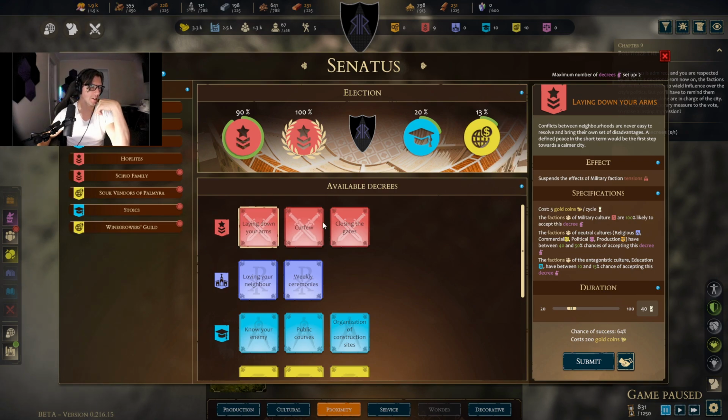Costs. So, for instance, laying down arms costs 5 gold. Factions of the military culture are 100% likely to accept this decree, which is good. Factions of neutral cultures, so religious, commercial, political production, have between 40 and 50% chance of accepting it. The culture and education have 10 to 15% chance of accepting this decree. Okay, well, what does that...